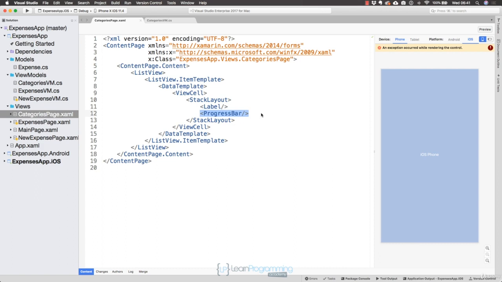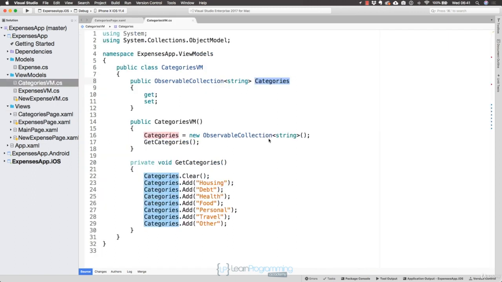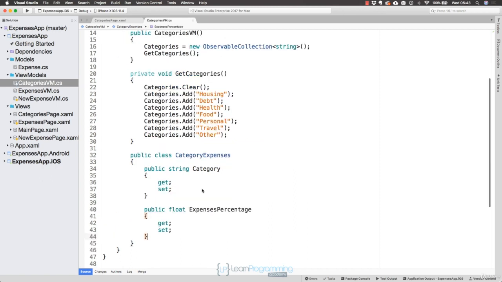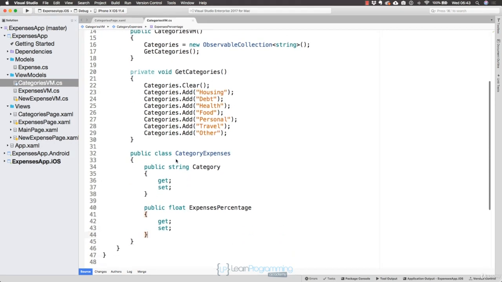So basically, if the user has spent $100 and in a certain category they have spent $10, the progress bar should display 10% for that particular category. So let's go ahead and work on that. Now, I won't bore you with the details because I want to focus on just binding to a view cell, which is slightly different to binding to a text cell. But let me go ahead and briefly explain what I'm doing. First, I am going to have a class inside of this class that is going to be the one